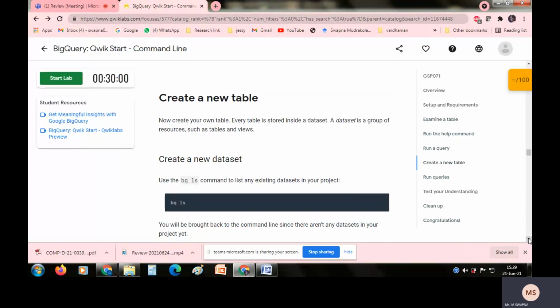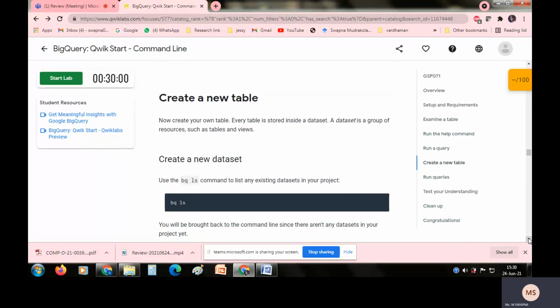So with this you have learned how to show the table details, the table creation, what data type, how many fields are there, what is the maximum size; that information is displayed. It's like a table description. Then when you are trying to query, that means you are trying to extract information, you write a BQ query with whatever options you are looking for in a table. The next one is how to create a new table.